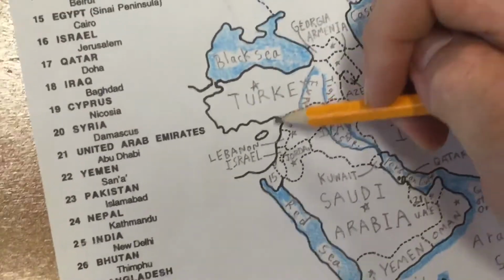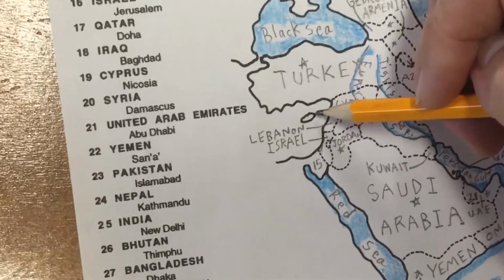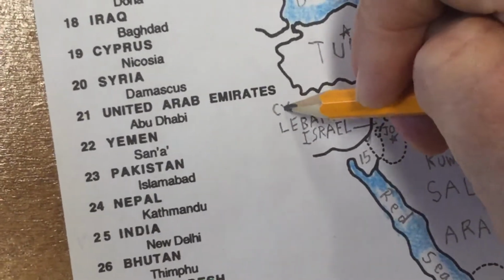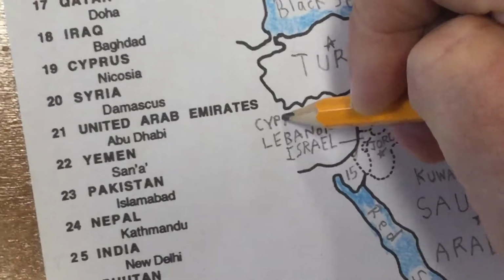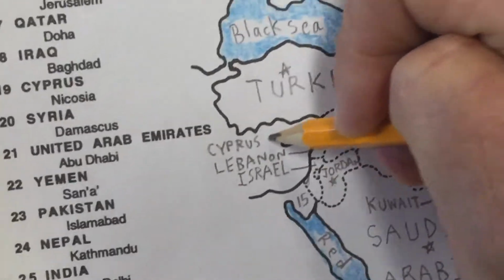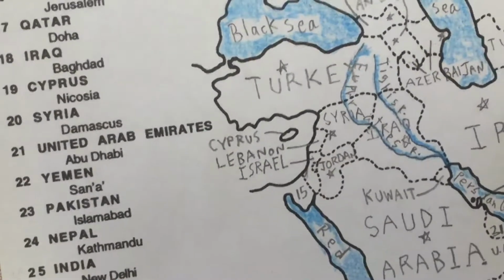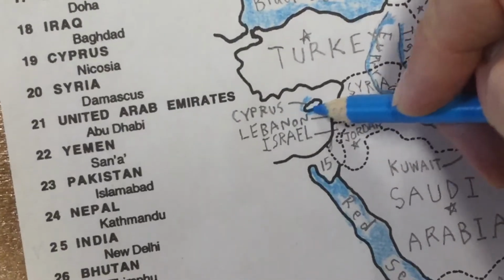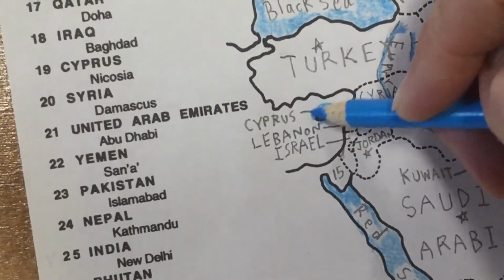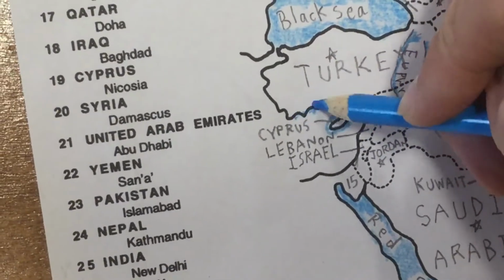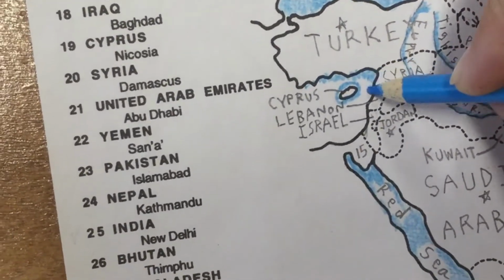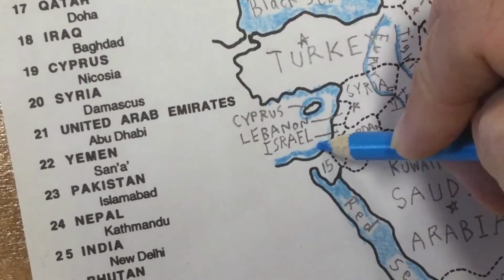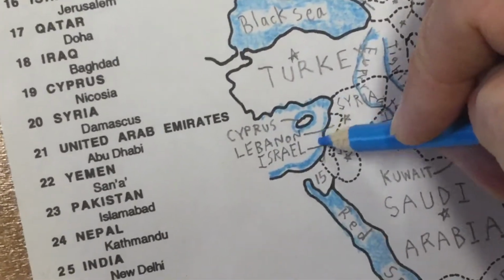Okay, very close to that is an island called Cyprus, and I can put it above Lebanon. Cyprus. I'll put a little line pointing to that island. Make that stand out a little bit. You can put a little bit of blue along the coastline of that island. And this is the Mediterranean, so we could put a little blue along that coastline as well. I'm not going to put too much. I don't want to cover those words up.